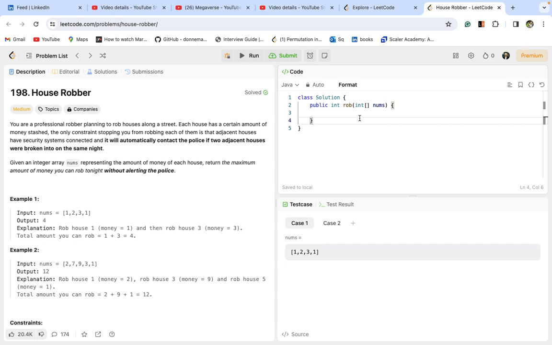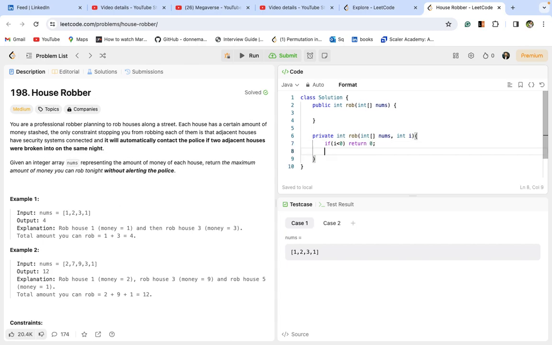So what you can do here is write a different, recursive function, with the same name, that takes your array nums and your index, the current index. First you will apply a base case: if i is less than 0, you need to return 0, else you need to return the max of